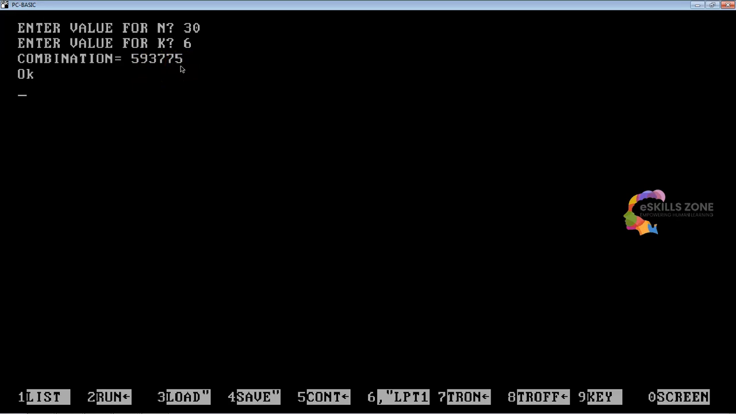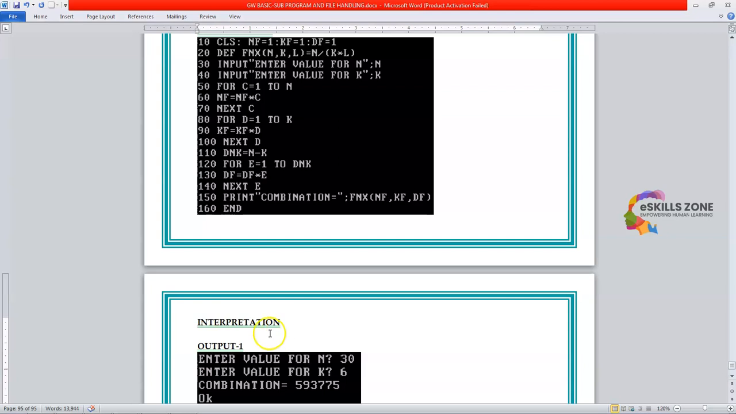So viewers, let's switch to the text area. Now I'm going to explain the whole interpretation of this program line by line for your better understanding and knowledge. So let's switch to the text area. So here we are, viewers. I'm going to interpret this program in line 10. The CLS statement